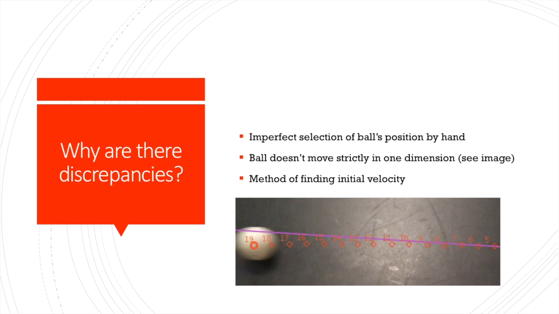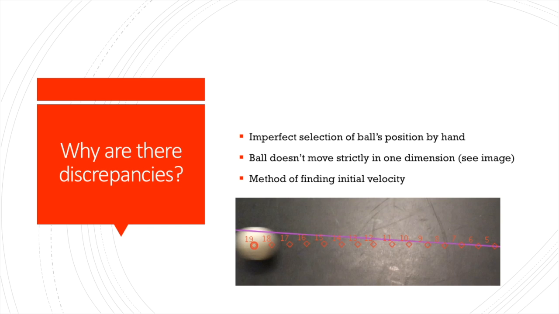The final, and in my opinion, most likely possible reason is that I calculated the initial velocity using the first and second data points generated by Tracker. This may be a poor representation of the true average velocity of the ball, and using the first and last data points may produce a more accurate average velocity. To test this, I will calculate the second velocity and use it in my predictive model and compare the results